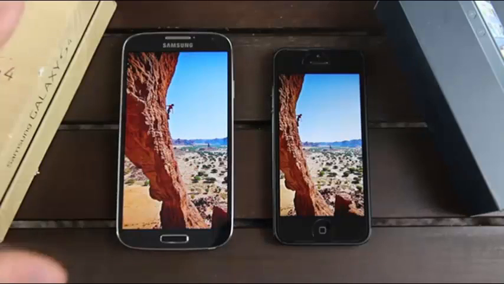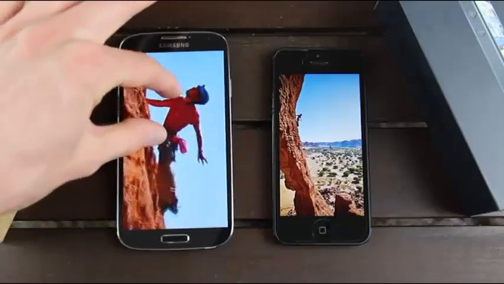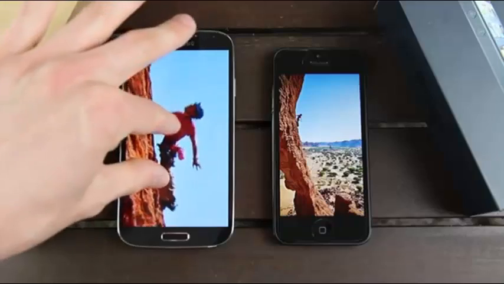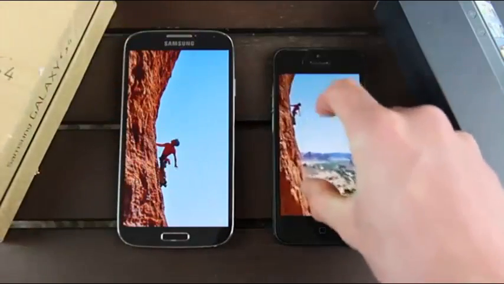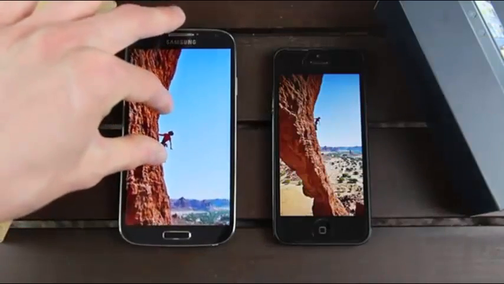Now, one thing that I really like about the Samsung Galaxy S4 is just how far you can actually zoom in. Now, when I do zoom in this far, clearly it doesn't look fantastic, but that's not the point. On the iPhone 5 you can only zoom in so far, so that's about as far as I can go. Let me go ahead and bring it to